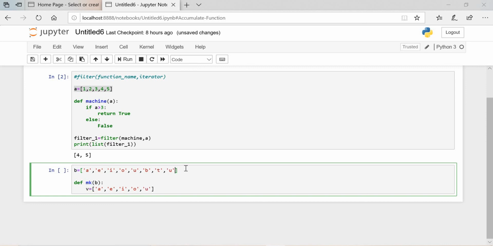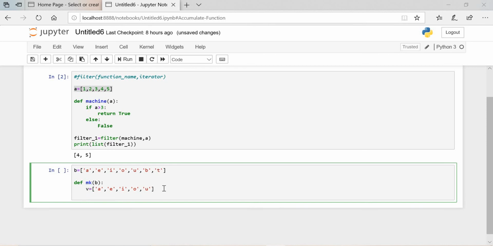I have passed them two times over here, so I will remove this one. These are the vowels, a, e, i, o, u. So I will put the condition, if v in v.